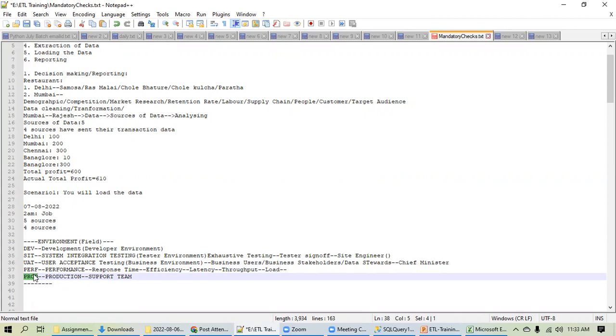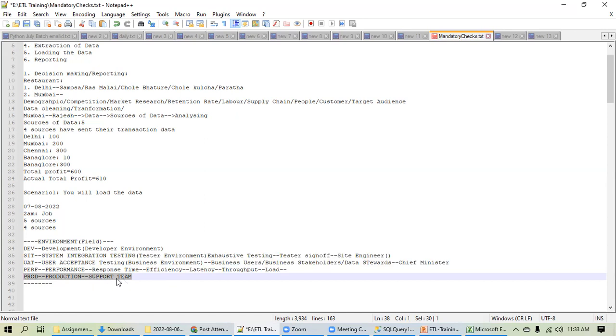You can ask the question why the development team doesn't have access in production. We'll discuss that in the next class. Even the testers don't have access in production. Production is the area of supporting only. When the code is migrated to the production environment, the development team will give a KT to the support team. They will tell them what all they have done, what the requirement was, how they have coded. They will show each and every code as well.